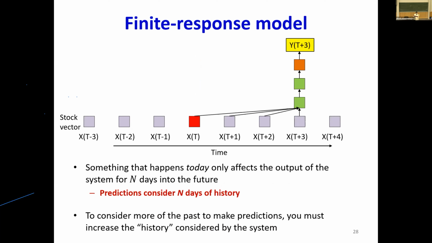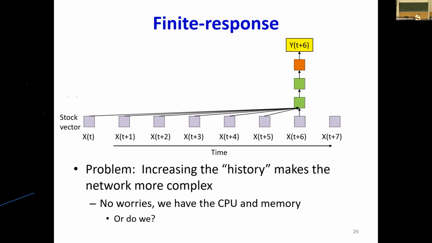Why not? Because as you progress ahead in time, you need more data points. The stock market has trends, right? So you have daily trends, you have weekly trends. To account for it, I can increase the number of time instants in the past that I look at. And so if I want to look at more of the past, I can just keep increasing the span of input that the predictor looks at. But then is this going to be sufficient for